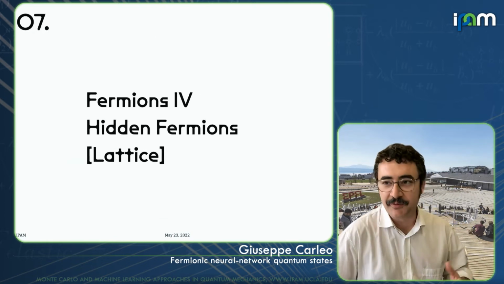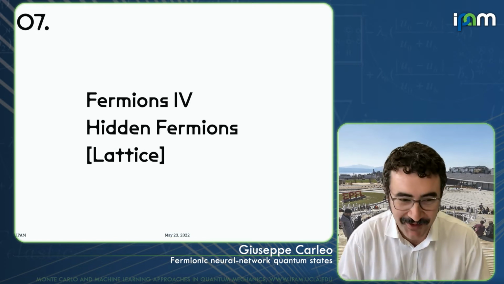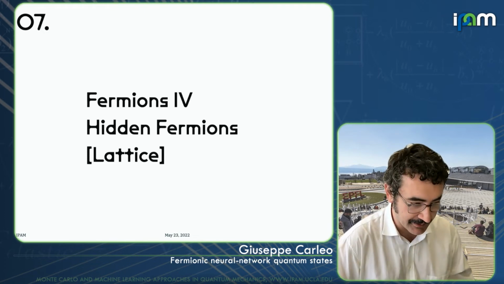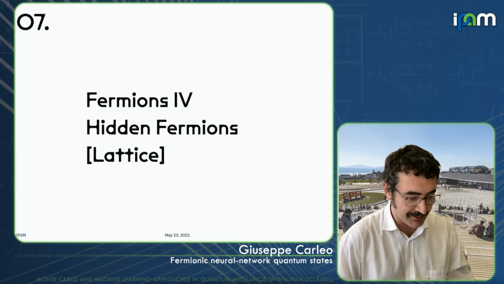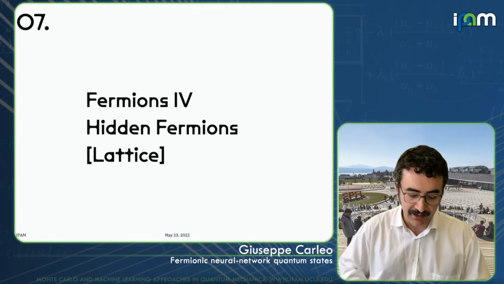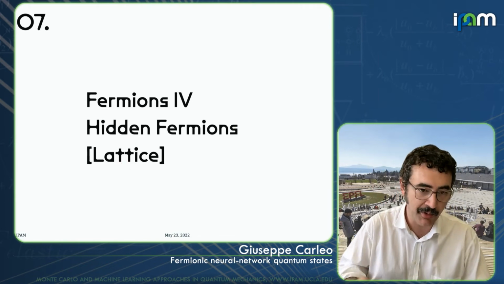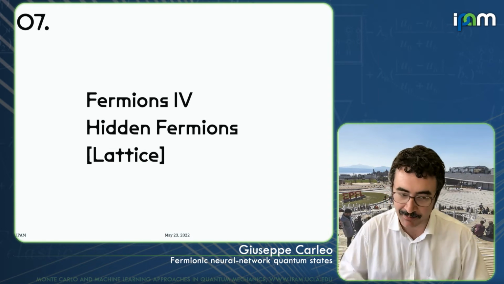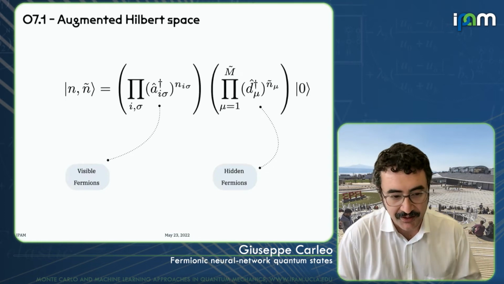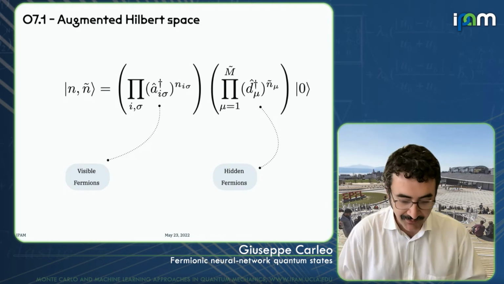Great. Now, the last approach, which is definitely the one I'm the most excited about, not because I don't like the ones we discussed so far, but I think that this one is conceptually maybe one of the approaches that really warrants further exploration in much greater detail: hidden fermions. For the moment, we've applied this only on lattice models, but, as you will see, it's very general and can be applied also to other kinds of systems. And the idea is, in a sense, again, relatively straightforward, but I think pretty powerful.